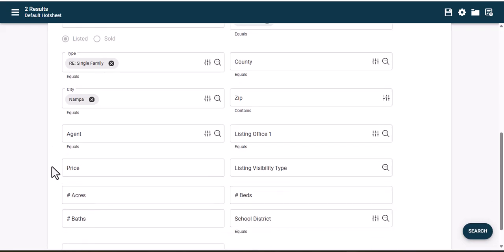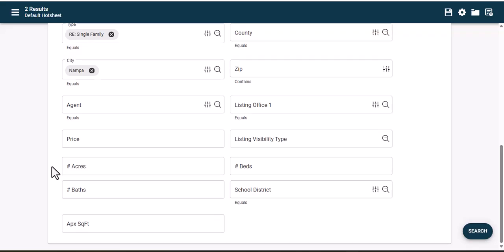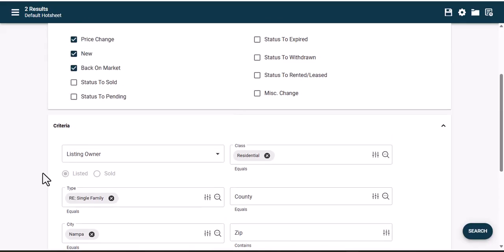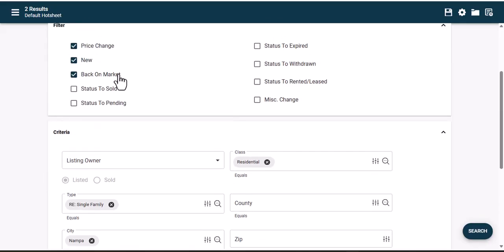Then I can come here and choose other things, like maybe a certain price change, or a certain number of acres or square footage. But if that doesn't matter, I can just leave it residential, single family, Nampa, and I'm only going to see price change, new, and back on market. Now, if I were to hit search, I would see the two results that I have right now. But if I want to make this an alert, I can click on the save button up here on the right,